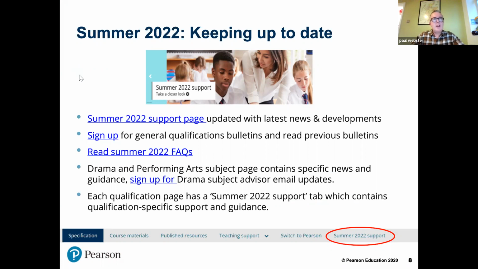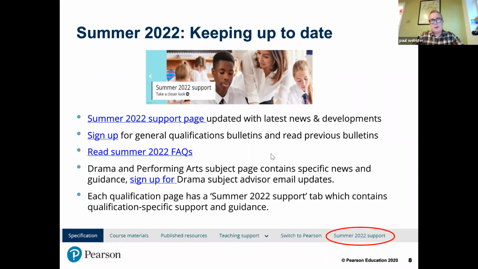We have a Summer 22 support page, which has lots of useful information and covers all of the qualifications that Pearson offers. So if you teach another qualification or want to pass this on to your colleagues, all the information is there.